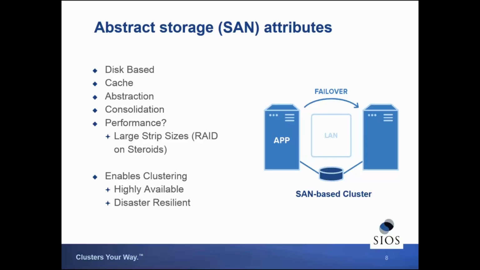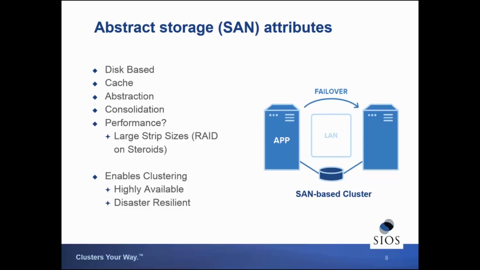Second, a SAN generally has a fairly large amount of cache, at least relatively compared to, say, just disk arrays. The biggest piece, though, is the abstractions. Everything in a SAN is abstracted. You don't ever see, unless you're the SAN administrator, what the underlying storage actually is. You just see a logical disk of arbitrary size. It may actually have real blocks underneath it. It may be thin provisioned. We'll discuss that in a moment.